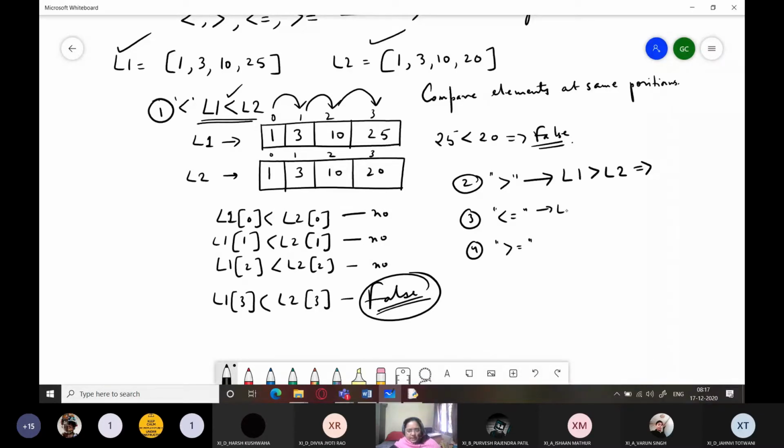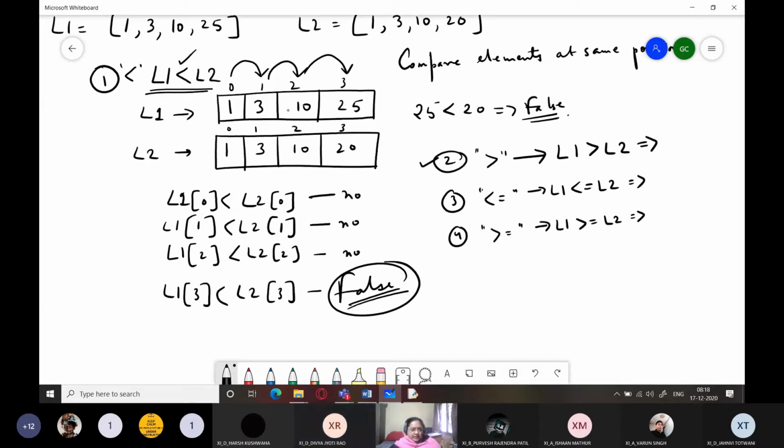Same way here you are checking whether L1 is less than equal to L2. Here you are checking whether L1 is greater than equal to L2. See, it is not like false. I have written no, I have not written false here. If the pairs are equal for these operations, you will simply move on to the next pair to see whether they are unequal or not. This comparison will be only within the unequal pair, right?